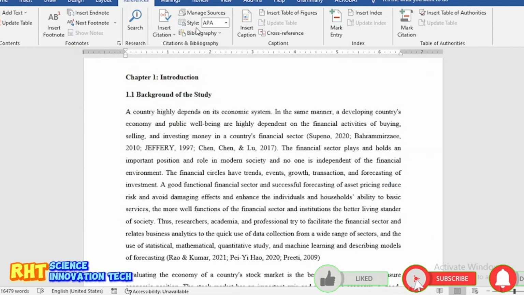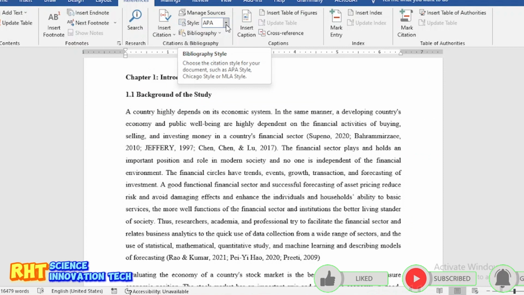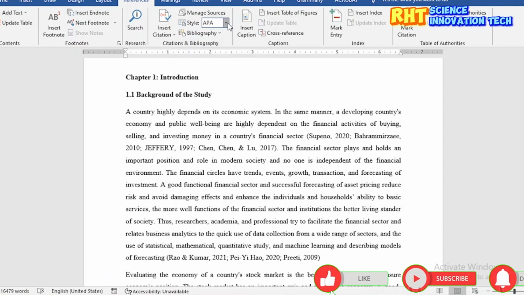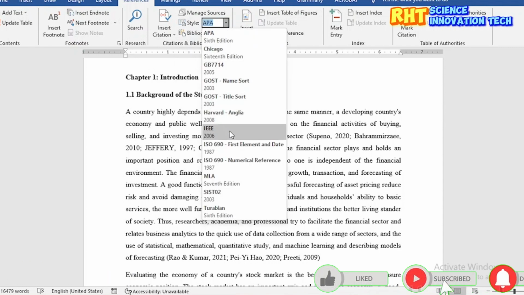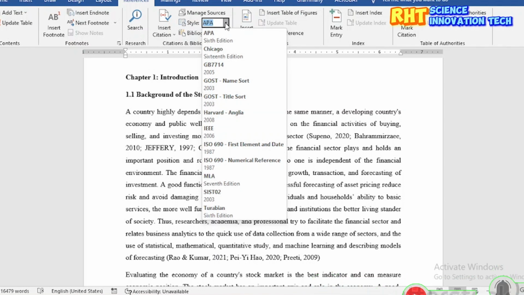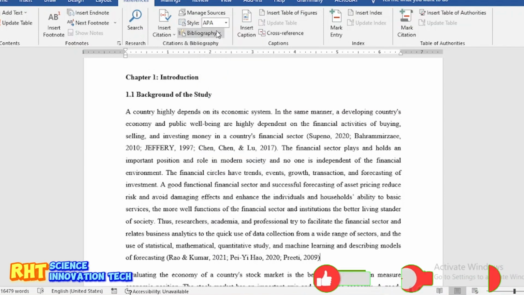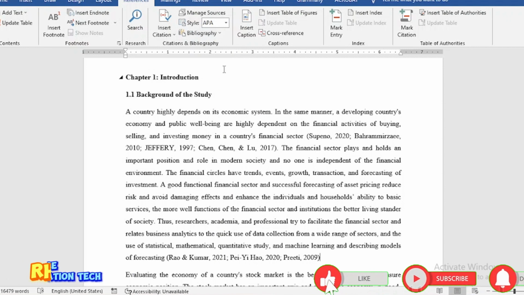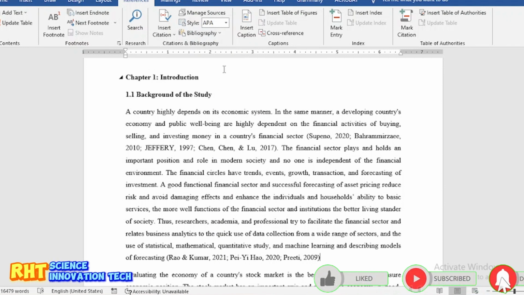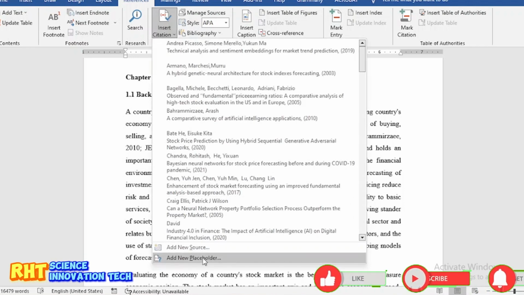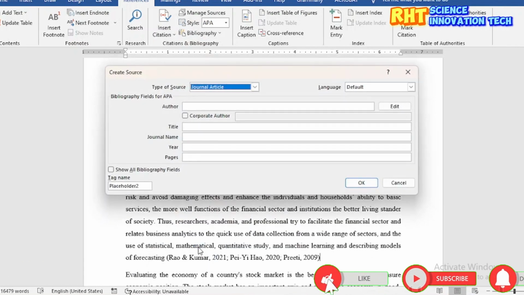The other thing is which citation style you want. Most of the time the most famous is APA, but you can also use other citation formats. These are all already in MS Word, so you don't need to be worried. Just select the style and you will get citations as per the required publication. So how could we add our citation? Let's go to Add New Citation. For example,